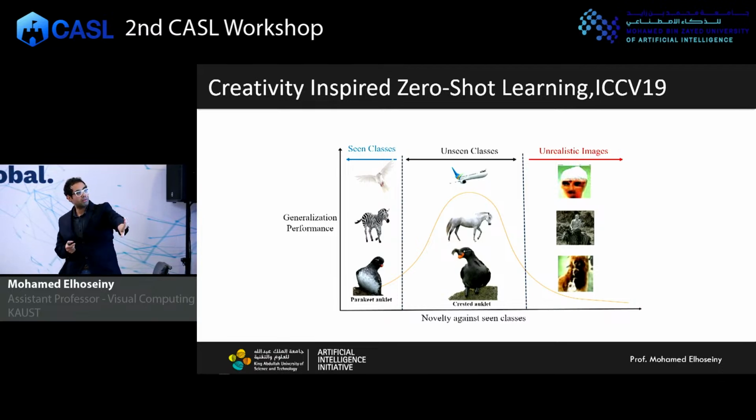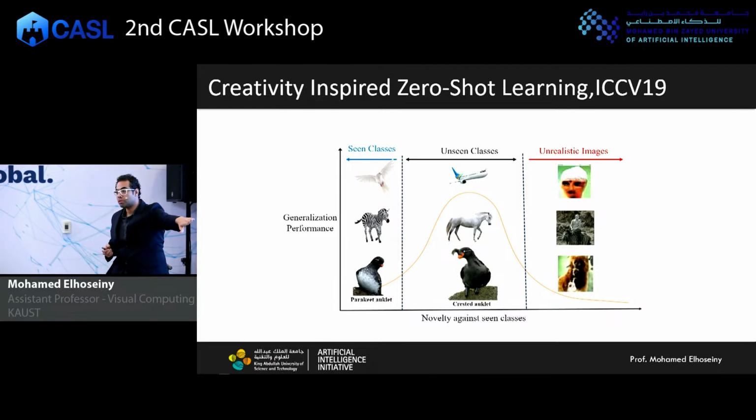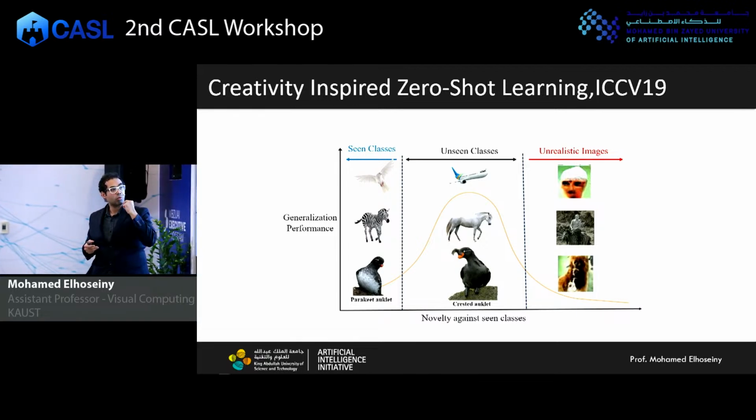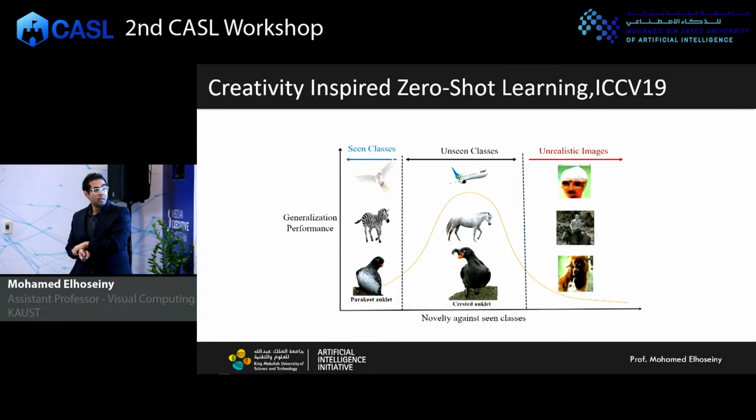Barkidocrit is a seen class, because the x-axis is novelty against seen classes, so seen classes are on the far left. The y-axis is how well you can tell these two classes apart. We have a language description of Christidocrit, which might be very similar, because both have orange beaks, both have plumage that is dark above and white below, and there are small differences that relate to the curvature coming from the top of the bird.